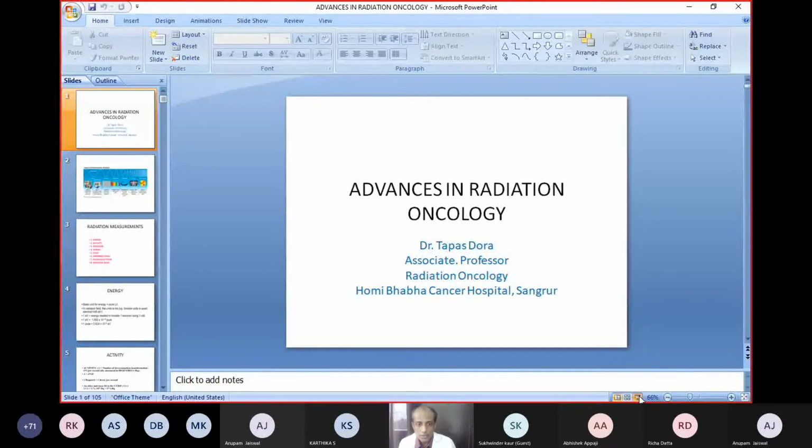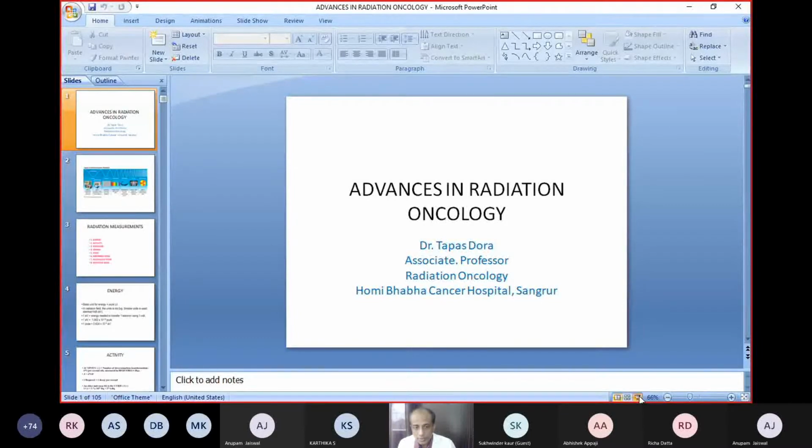So how the radiation oncology department functions, I will try to explain. Radiation therapy, or radiotherapy, uses various forms of radiation in the effective treatment of cancer, and it has been used for more than 100 years in the service of patients. When the radiation collides with a cancer cell, these are the double helix DNA present in our cancer cells. When the radiation collides, it breaks the DNA, and once the DNA is broken, being abnormal, it cannot repair itself, and the cell finally dies. So the cancer cell dies because of the radiation.